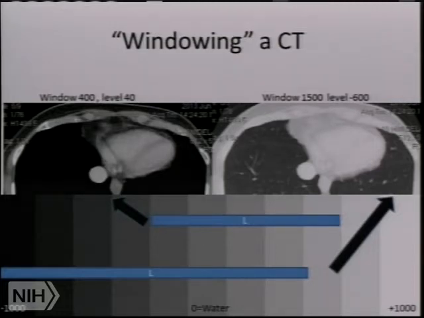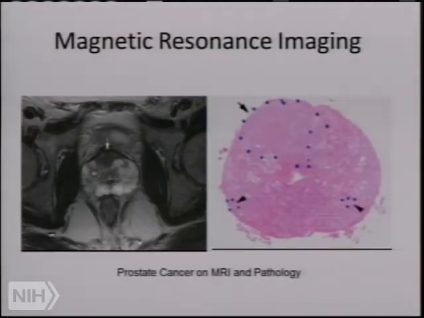And so you can adjust the so-called level and window to bring out structures like the heart, in this case, or by widening the window and lowering the level, you can bring out lung structure. And so it becomes very flexible. You can focus on mediastinal structures, on pulmonary structures, on bony structures, and you can optimize that to what you're looking for. So that's CT.